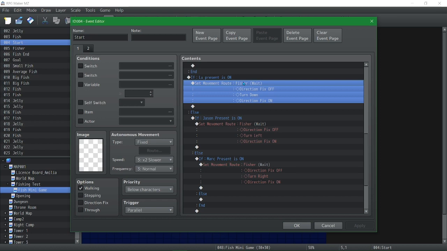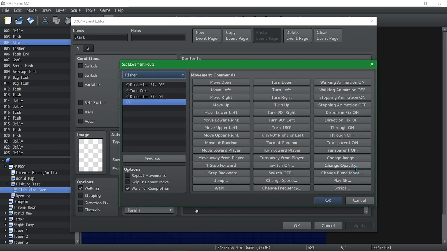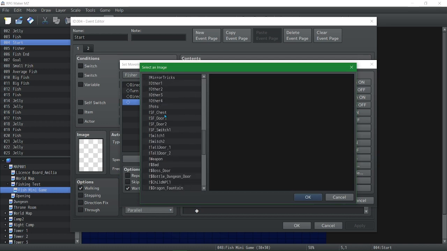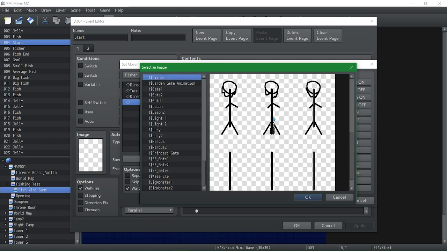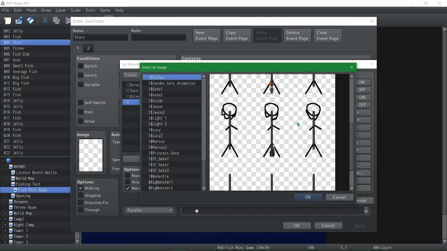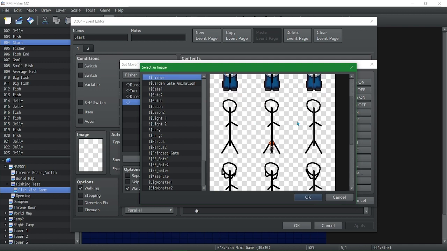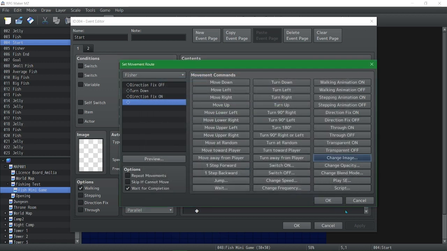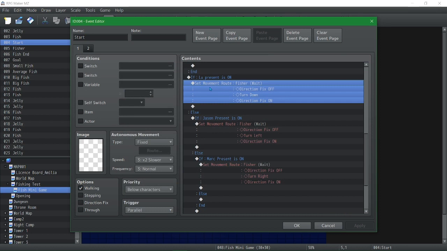So Fisher is the event. And I have, let's see, oh no, what did I name it? Oh, here it is. As you can see, these guys aren't finished yet. I only finished Lucilia's. But ideally it would set to whoever is in the party, and I have it set so it goes in order of most likely to be in the party.